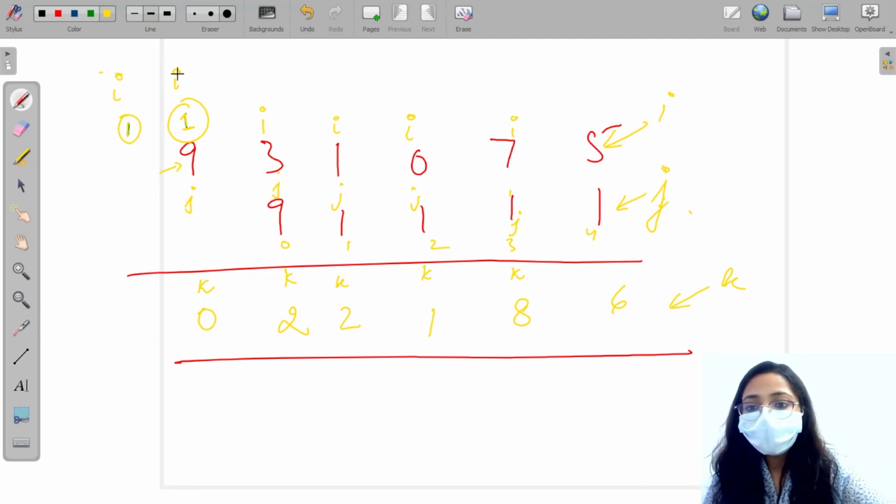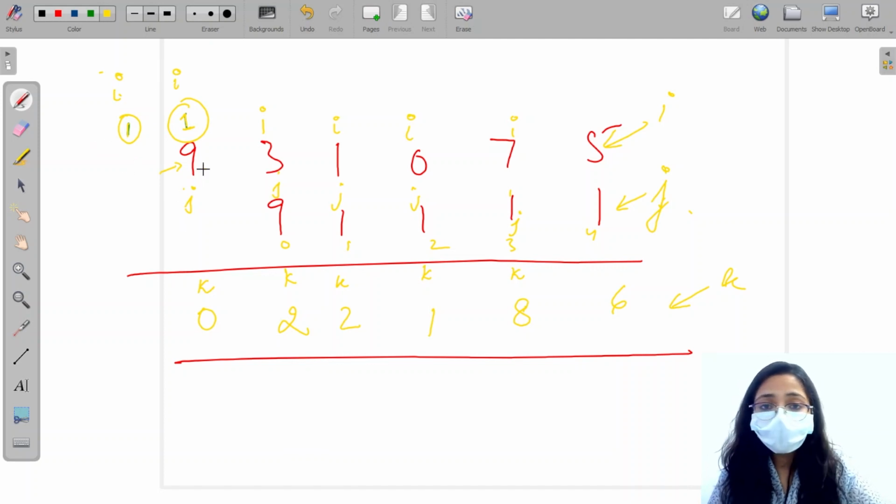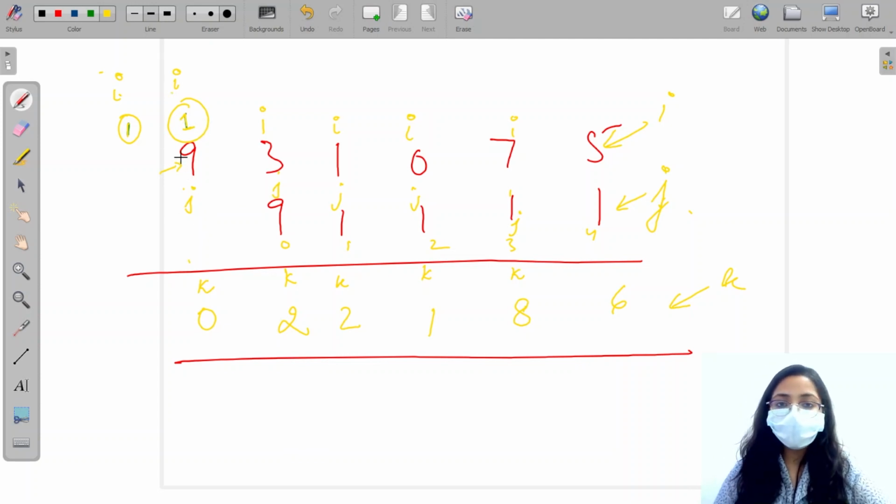Now i will also move here. Now i also became minus 1. So neither i nor j will participate. Only carry is left. But the thing is that the resultant array, the length can be equal to the maximum of these, right? As in, if I have a resultant array and I want to check what its length should be, if one array is of length 7, the second array is of length 9, my resultant array length will be equal to the maximum out of 7 and 9, right? So it will be equal to 9 only.